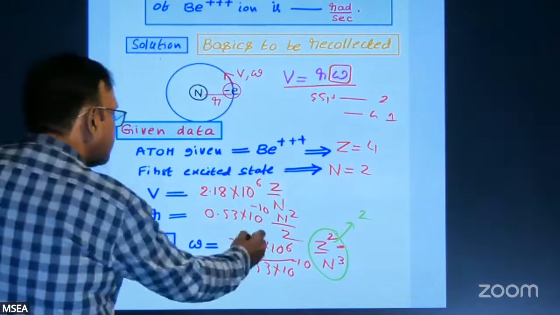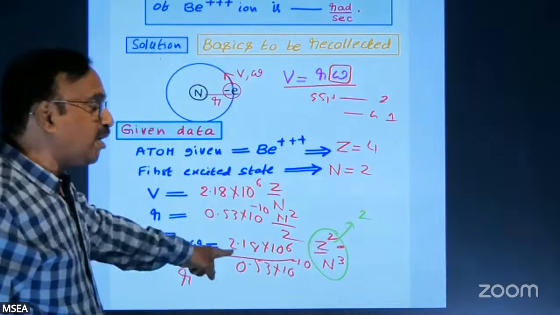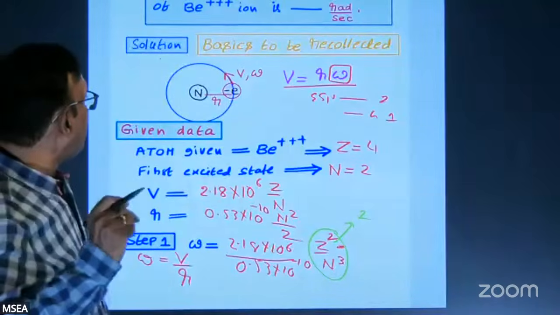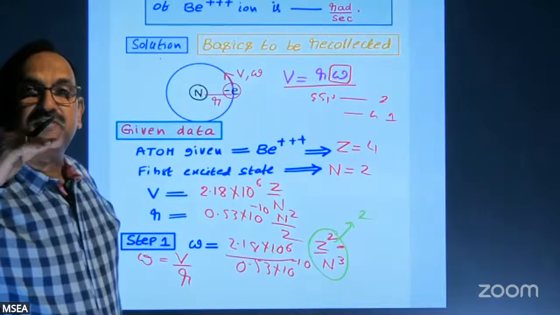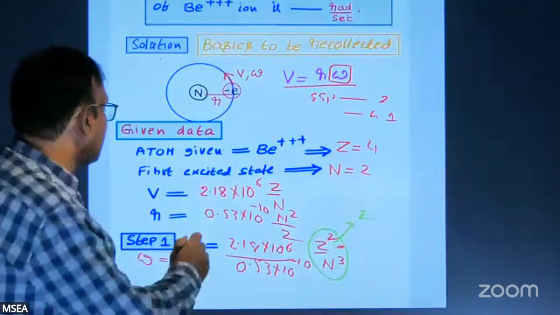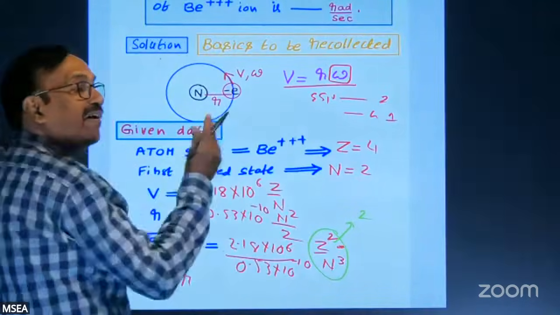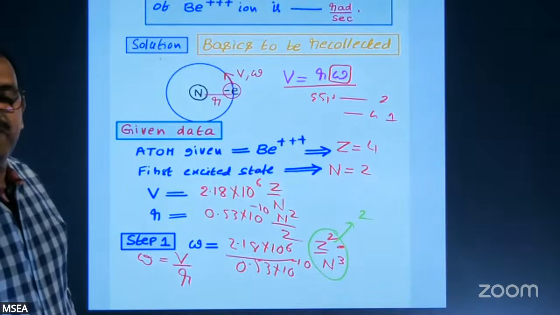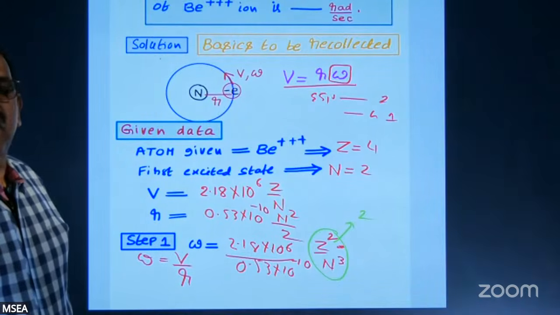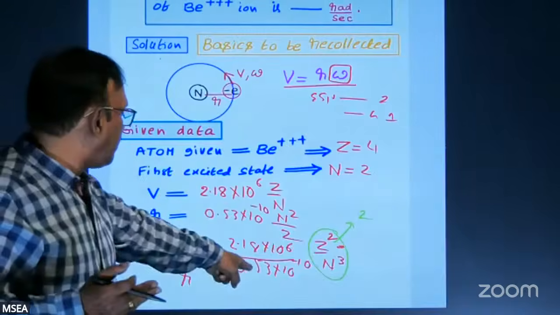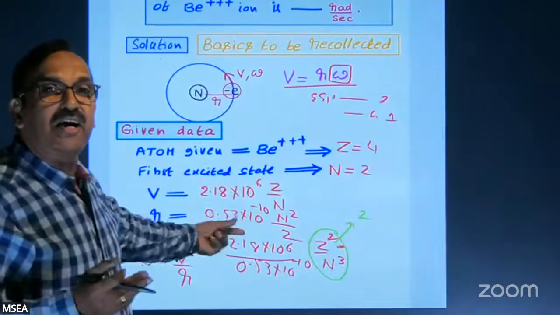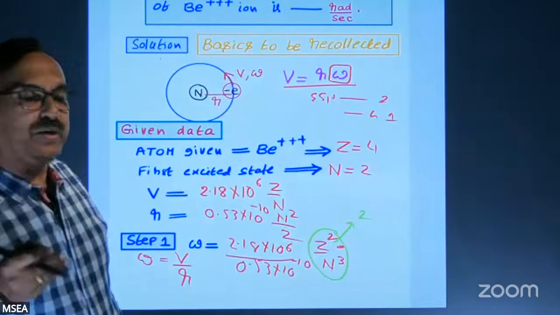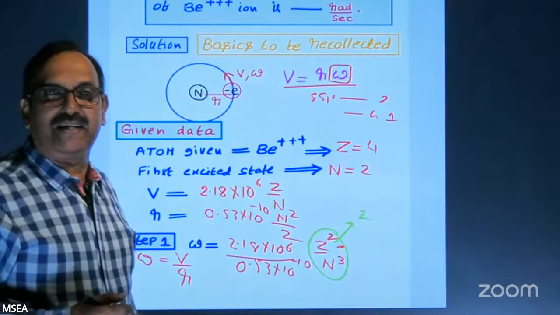The rest of the calculations you can do. When you are doing this particular calculation, you can take a little bit of liberty. If the options are too far away, then you can take 0.53 as almost close to 0.50. If it is 0.50, half, that is comfortable. And 2.18 you can take as almost 2.2, and you can finish off the arithmetic easily.